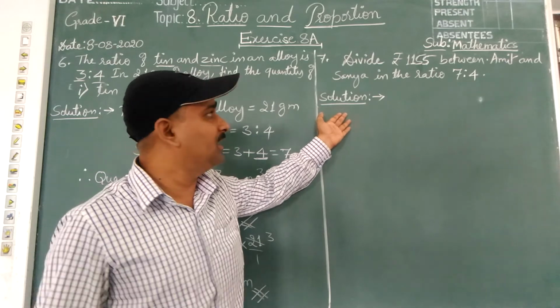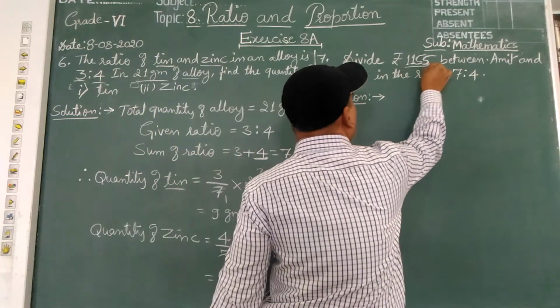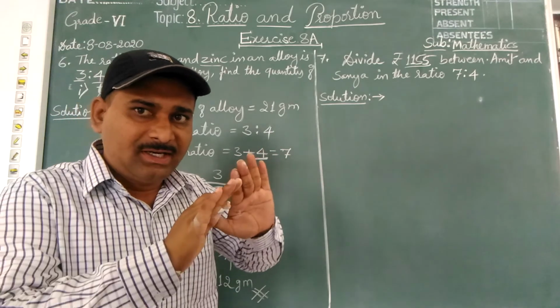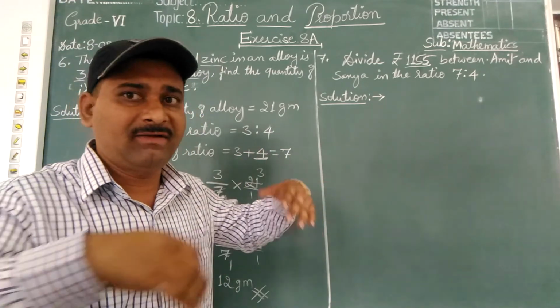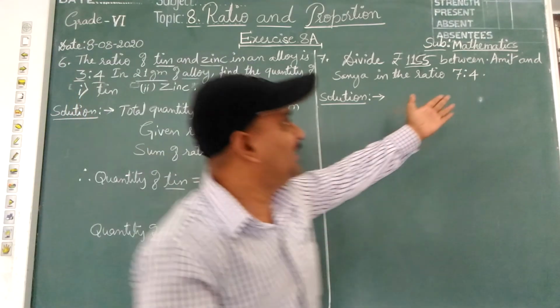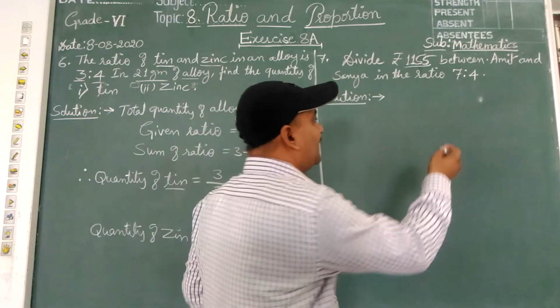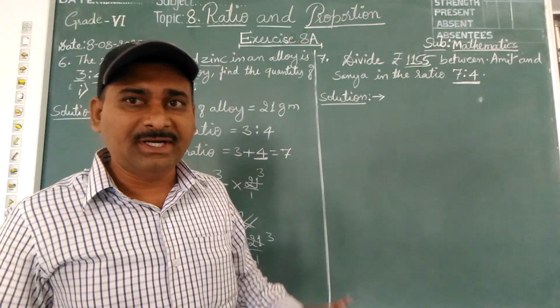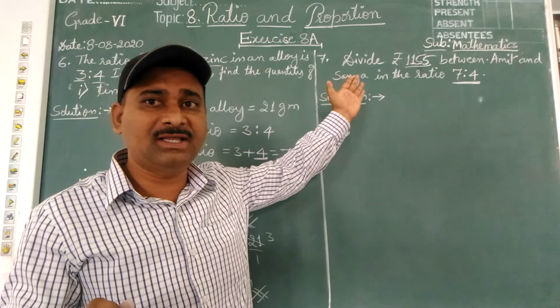Okay, quickly look here, children. Divide this amount 1155 and give it to Amit and Sania. How much amount should we give? That is to be given in the ratio 7:4. We should distribute the total amount in the ratio of